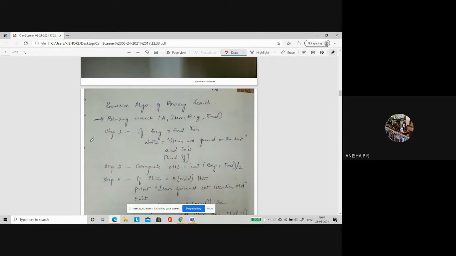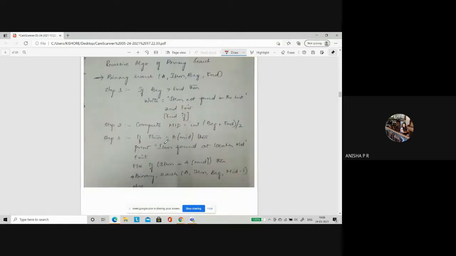That means you need it to be sorted. If it is 4, 5, 6, 7, 8, 9, 10, beginning would be 4, end would be 10. The beginning, the 4, should be less than that 10. Only then this algorithm works. Had it been 14 and the last element was 10, can we use this algorithm? No. So the beginning should be less than end. If in case beginning is greater than end, then you have to exit, because unless and until you sort, you cannot start your binary search technique.